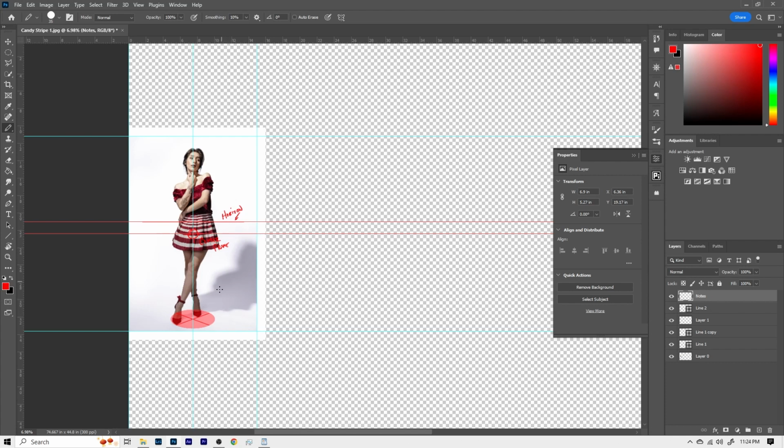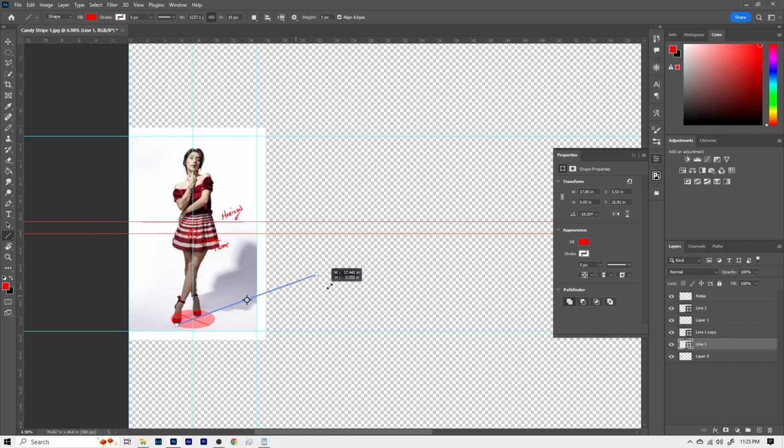So let's take our line tool again, and one of our original lines, let's pick the other one. We're going to drag it out until it crosses our horizon. Okay, and then we're going to drag a guide over to mark where it crosses our horizon.